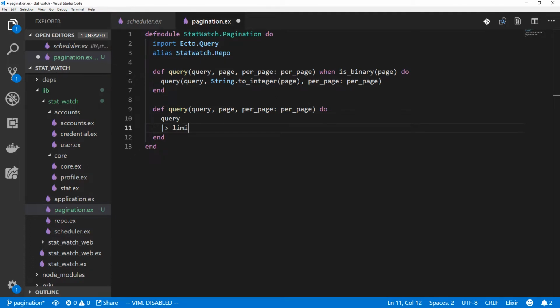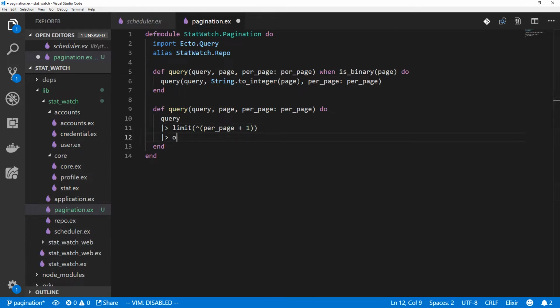We'll start by setting a limit, and that limit should be whatever the value of our per page is, except that we actually want to set it to one more than that. Say we request 6 results, if it were 5 results per page: if we get 5 or less, then we know that that's the last page. But if we get 6, even though we don't want to display that 6th one, we know it's not the last page. So we'll throw in a +1 here,